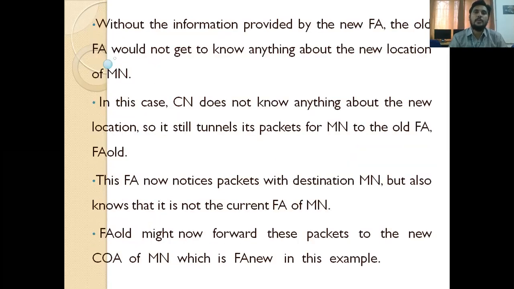Without the information provided by the new FA, the old FA would not get to know anything about the new location of MN. In this case, the correspondent node does not know anything about the new location. So it still tunnels its packet for the mobile node to the old FA. FA old doesn't know about the new address of the mobile node. So that's why it sends the packet to old